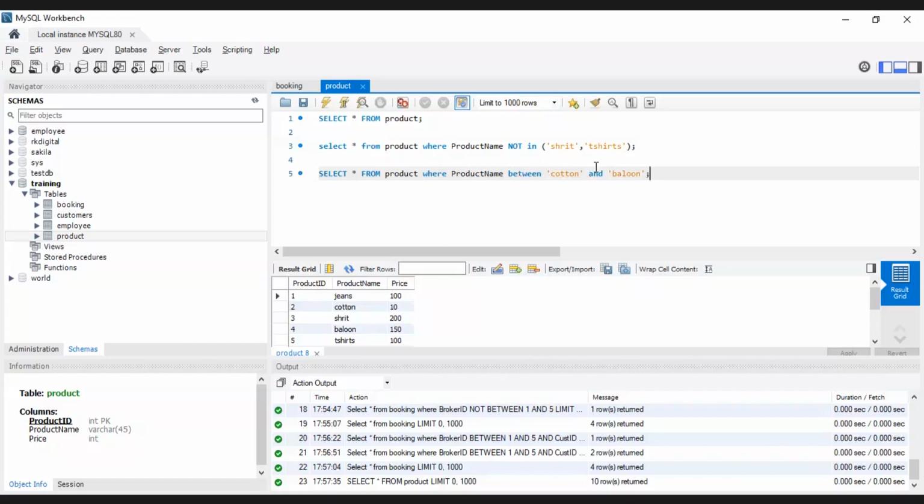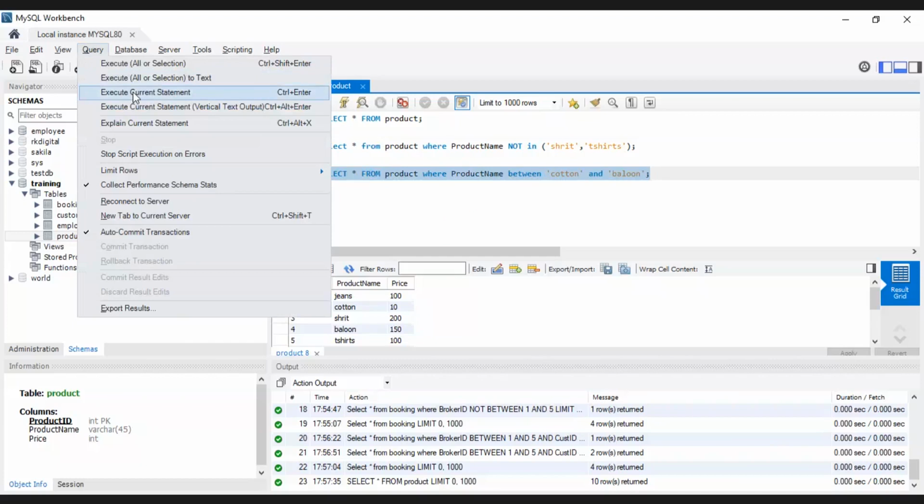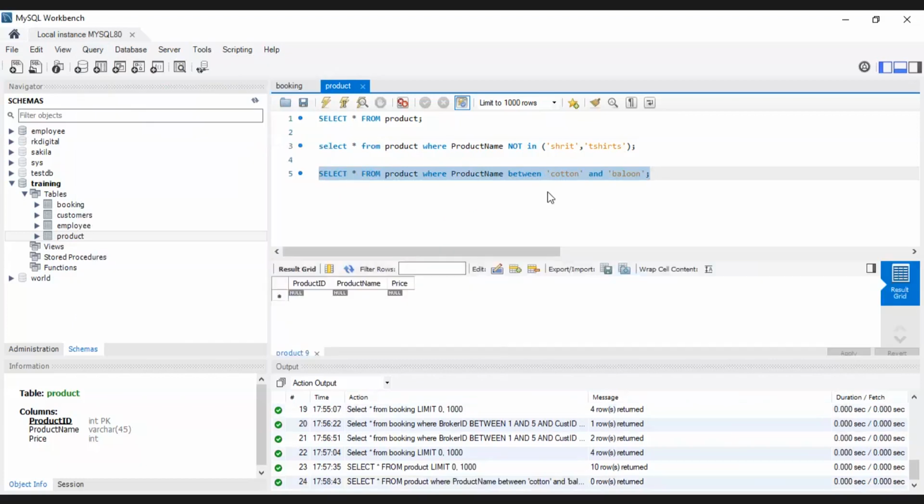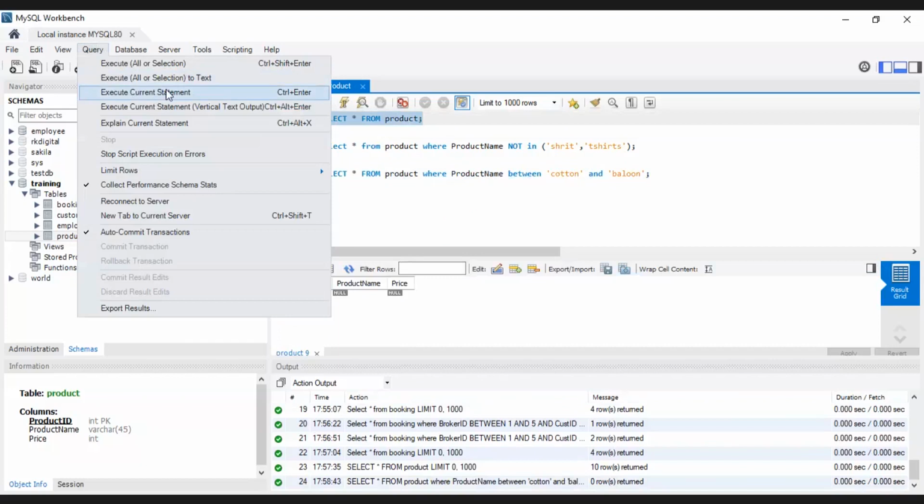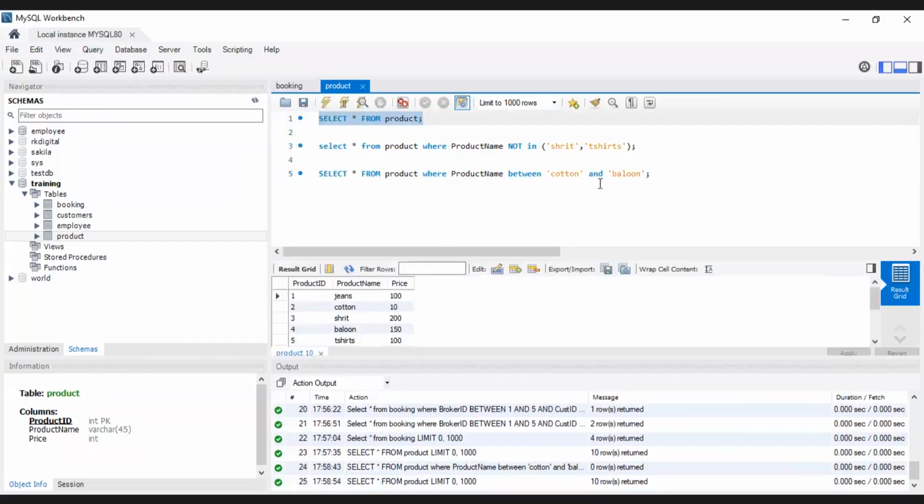See what is going to happen. You can write it either in capital letters or small letters, it does not matter. It is not case sensitive, it will work. Run this program and obviously you will not see anything which is in between these two. If you have something, then it will be displayed. Let us say if I run this query and instead of cotton balloon, see there is no